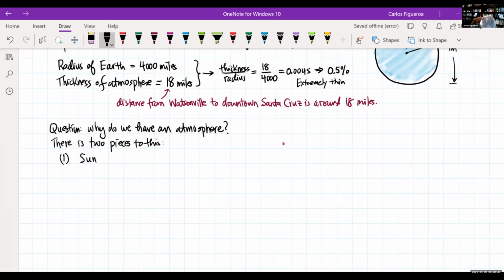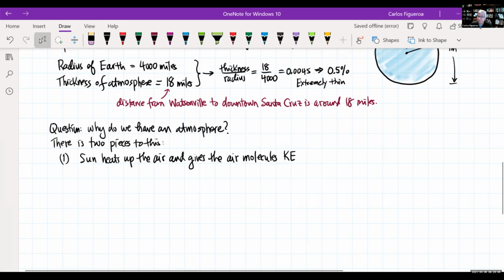What the sun does here is heat up the air and give the air molecules kinetic energy. And so what happens here is that when you do that,